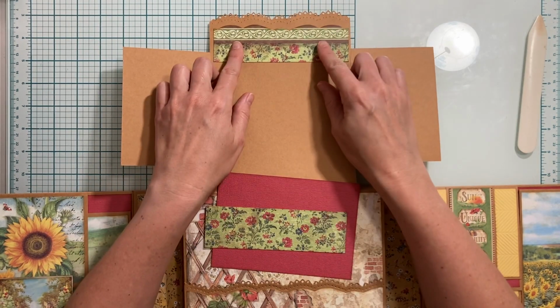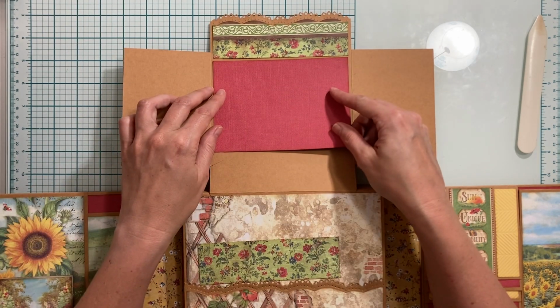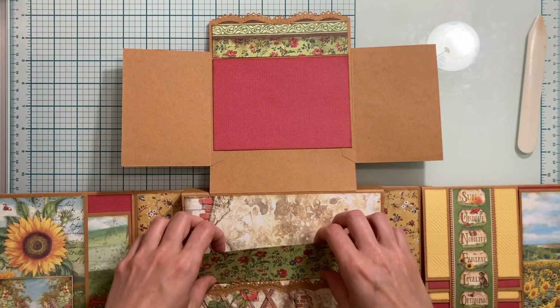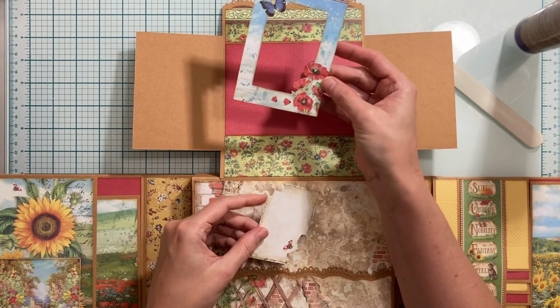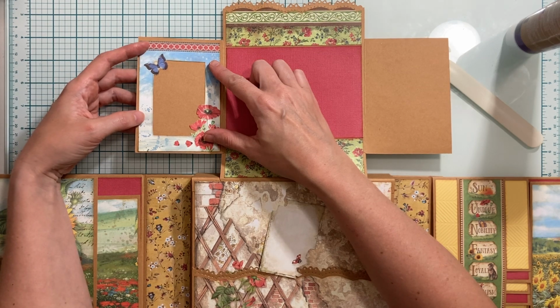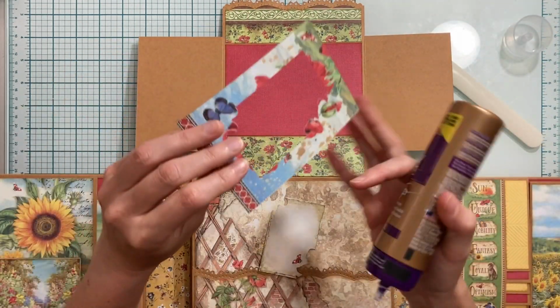I'm going to start with my die cut piece, placing it here at the top of my page. Then my photo mat or my red paper is going to go here in the center. And then the other green floral paper is going to go down here at the bottom. Now I have the framed piece. I'm going to take the middle part out first. I'm going to place this one here, but I'm only going to add my adhesive to the edge so the photo will slide from the top. So none on the top edge,